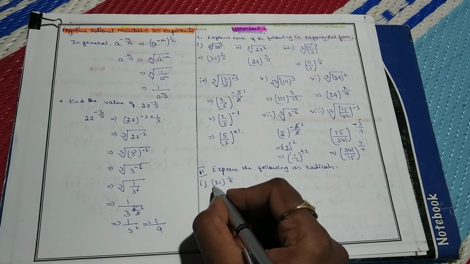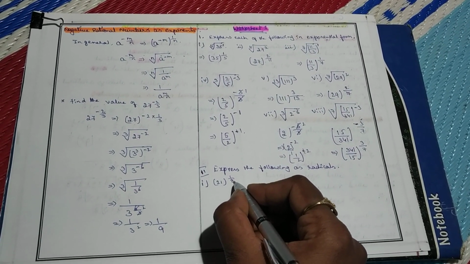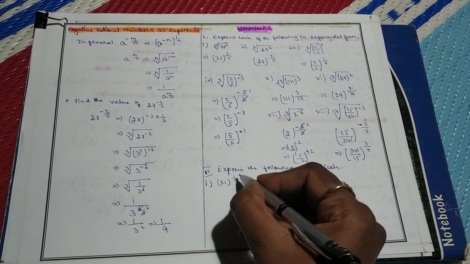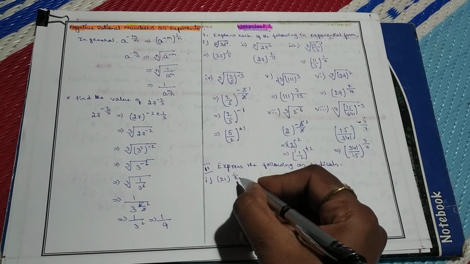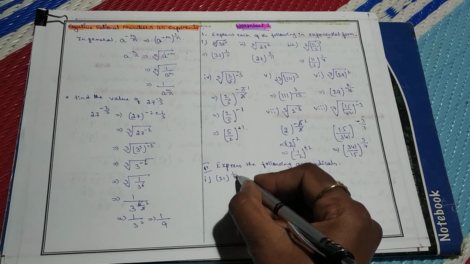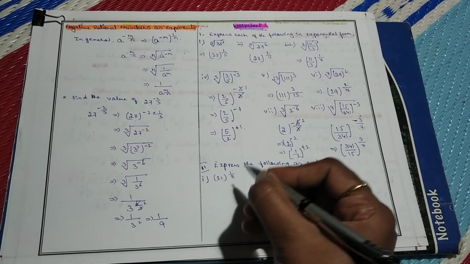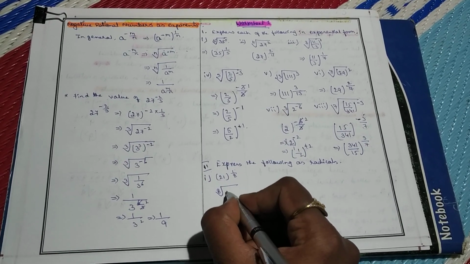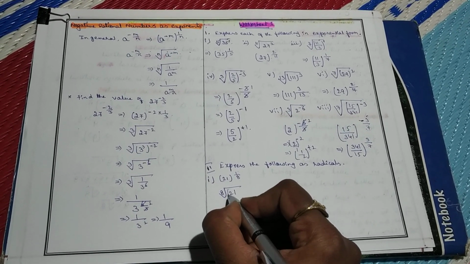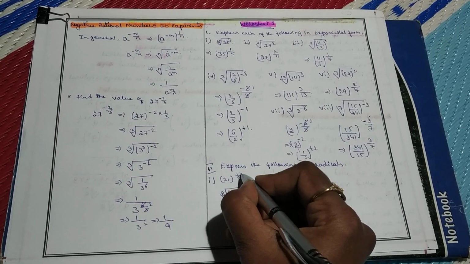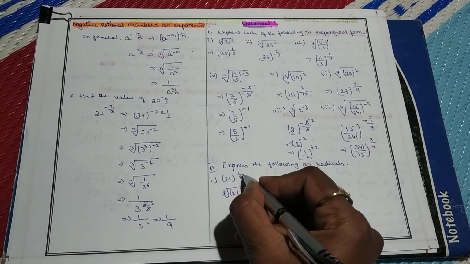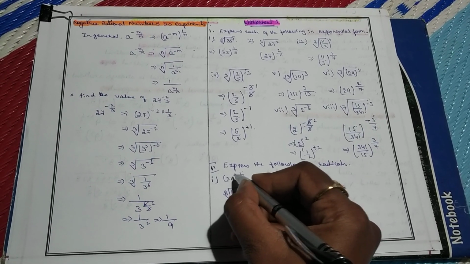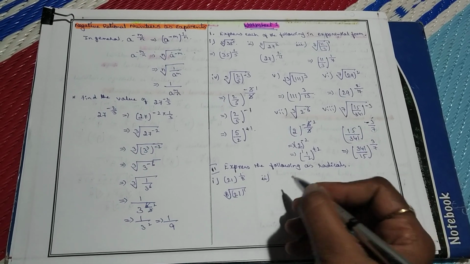Right? So here the first question given is 21 to the power of 1 by 8. Under the power we have a rational, that is numerator and denominator. The denominator number will indicate the index. Then I can write it as 8th root of 21 to the power of 1. Numerator will be the power and denominator will be the index. So now we have converted the given exponential form into the form of radical.